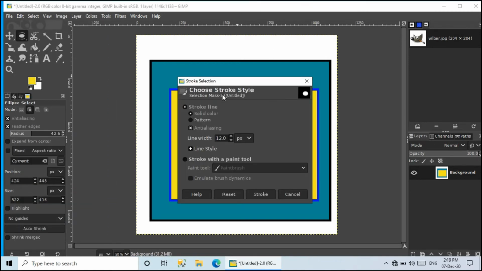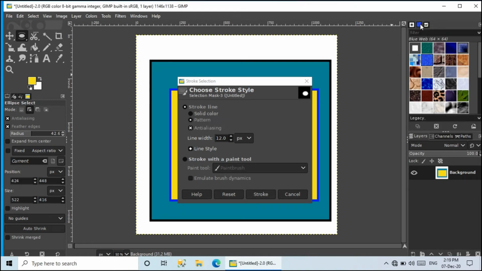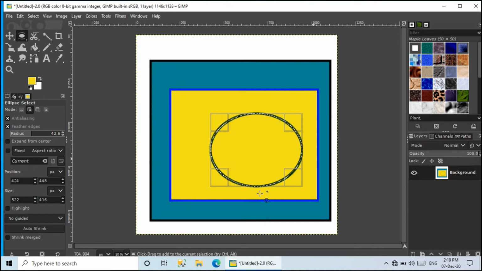Here this time instead of solid color I am using a pattern. Here I can see many patterns. I can use any of these. Supposing I am using this green one, and then I click on stroke and I click outside, so my pattern is drawn. Now if I want to fill color, I can again change the